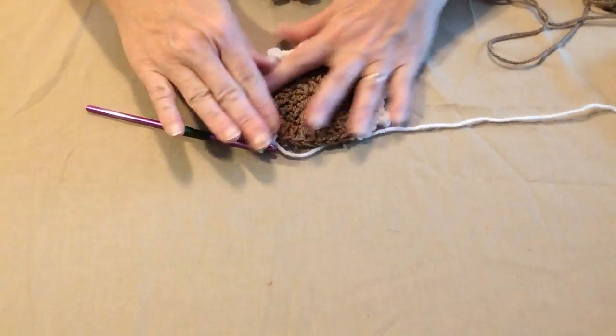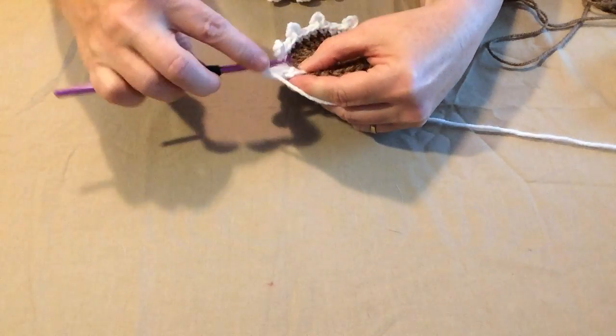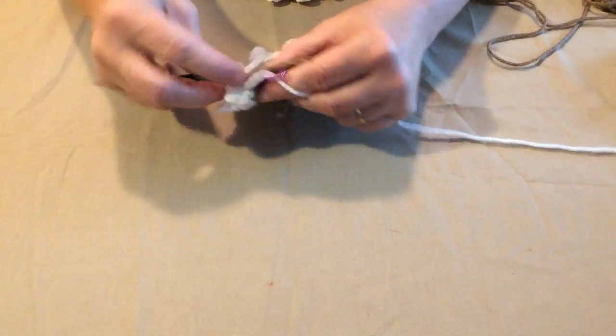All right, we're almost around. You can see we're getting our icing edge. My goal in making this little gingerbread coaster is I wanted it to look like a little gingerbread